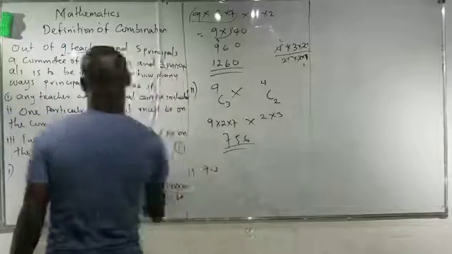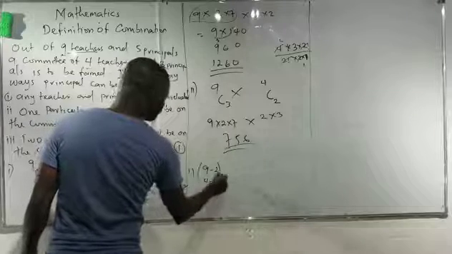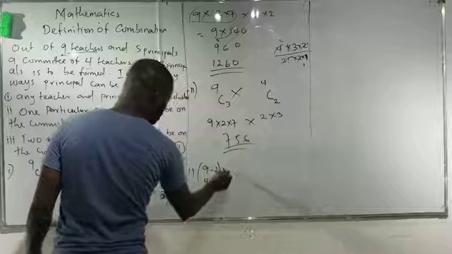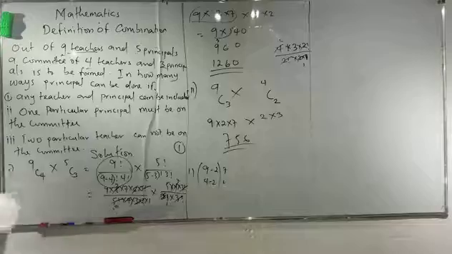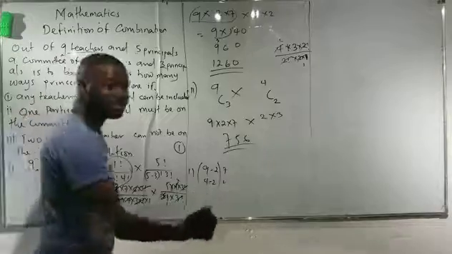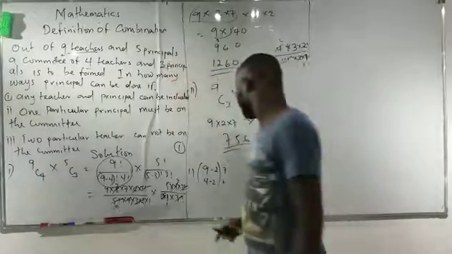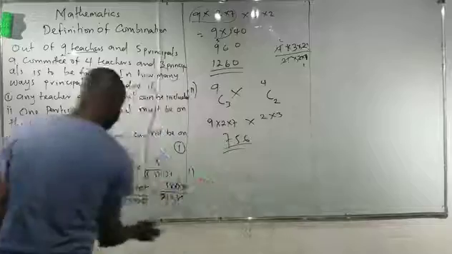9 minus 2, and the selection also will be what? 4 minus 2, which is I'll be having this one will be what? This one will be 7, and this one will be 2. Now, that is what it means. 2 has been taken away from the total number of teachers that are present there. It means by so doing this is just an analysis. Okay, by so doing this,